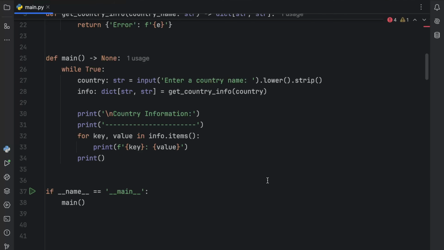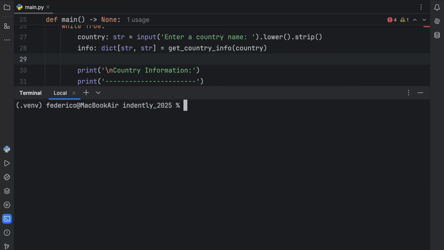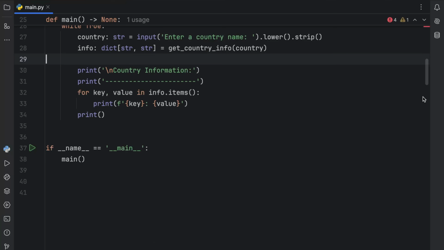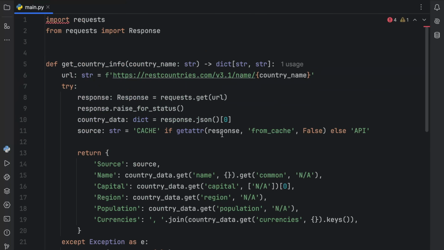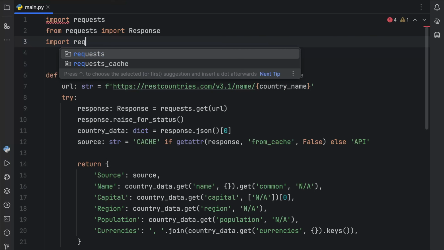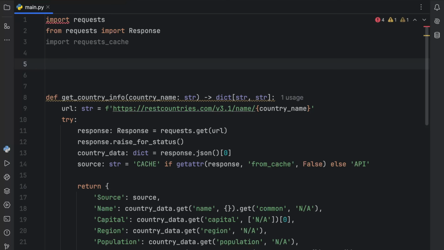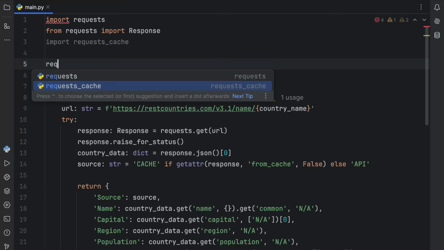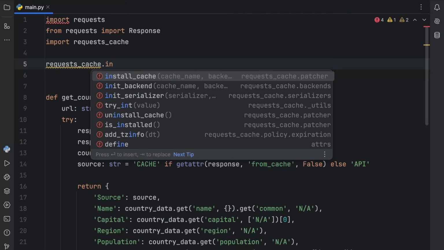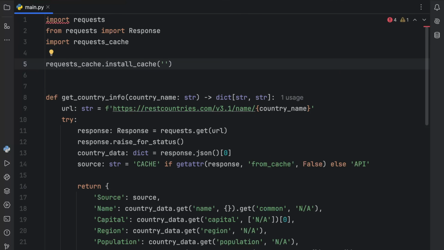So what we're going to do next is add one single line of code to optimize this script. So what you have to do next is go to your terminal and type in pip install requests cache, and then close your terminal. Then we're going to scroll back up to the top of our script and import requests cache. Now at the top of the script, we can type in requests cache and install cache with the cache name, which we're going to call